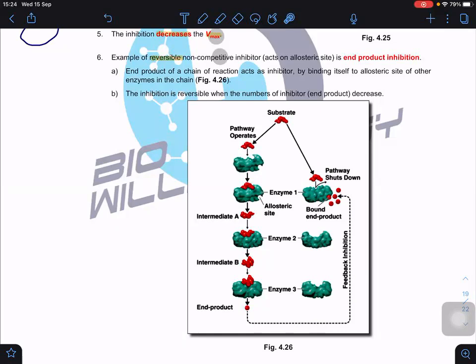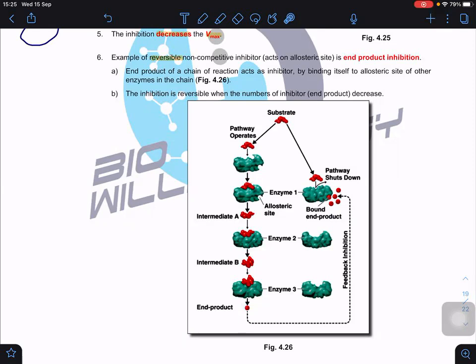So the reaction stops. But the thing here is it depends on the end product. If the end product concentration is high, some end product binds, then drops out, withdraws, and then another new end product comes in. So basically, the frequency of the binding of this end product, which acts as an inhibitor, can continuously inhibit the enzyme. But now, if the end product is used, or the end product is excreted out from our body,